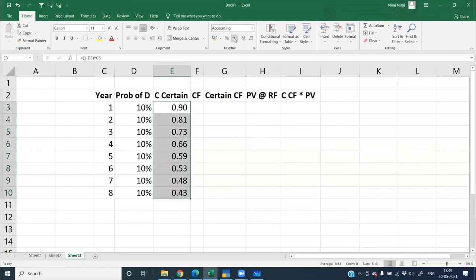So if you see the flow also year on year, when each year is passing, you can see my probability of certainty is reducing, and logically अगर आप सोचो तो होना भी वैसे ही चाहिए, because that is why projections are always questionable, because in year one you are more certain about your projection, year two you will be a little less certain about your projection, year 3, year 4 you will be a little more less sure, and year 5 you are still further lesser sure about your projection.